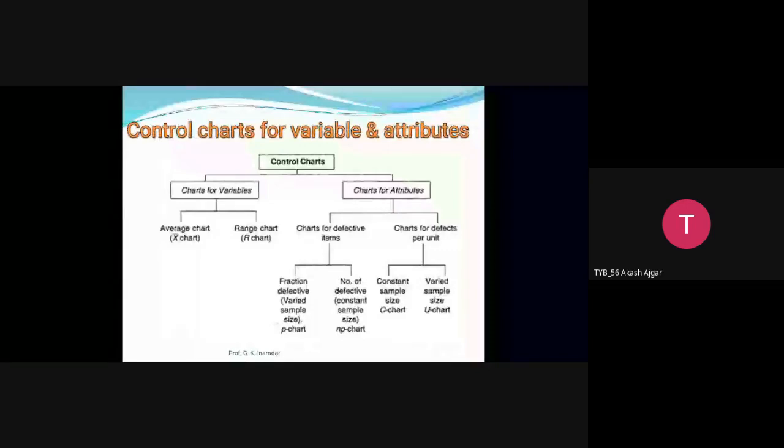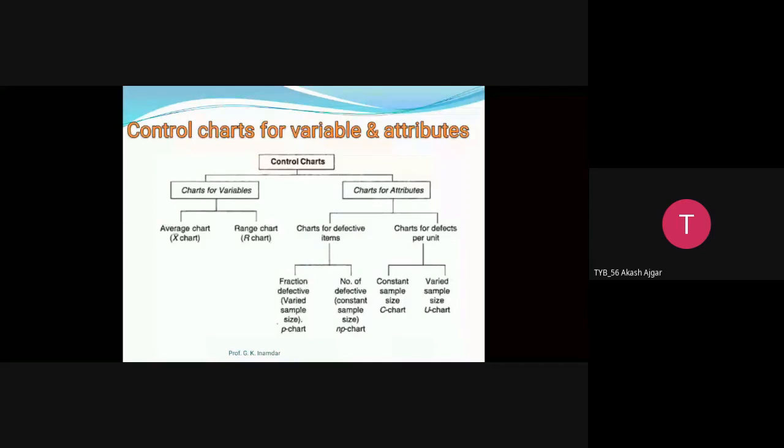And what are the disadvantages of variable and attribute charts? Variable chart disadvantages: they are not easily understood unless training is provided. So to use variable charts, we need some trained person. That is the first disadvantage. It can cause confusion between control limits and specification limits. So confusion is more in variable charts. Understanding control limits and specification limits will be the confusing part. It cannot be used with no-go gauge, go gauge type inspection. That will be a disadvantage.